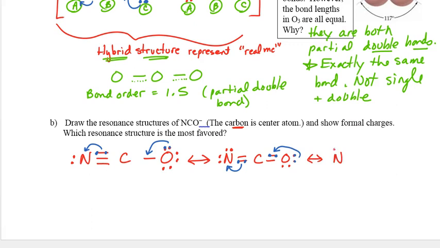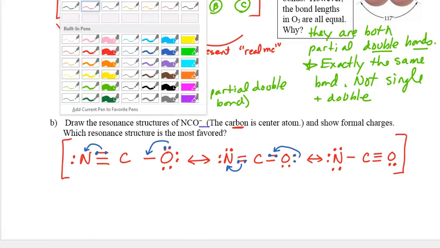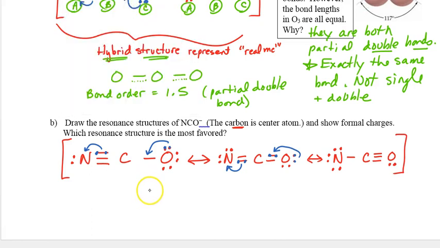So now this nitrogen has 3 lone pairs, which seems a little strange, and then we're going to have a triple bond to this oxygen there. You should see that everything still does have octets, so they are legitimate Lewis dot structures, but we do want to look now to see what the formal charges are, to see which one is the most stable. So again, if you want to practice, see if you can put in formal charges into these structures. If you want to pause for a second, put in your formal charges,